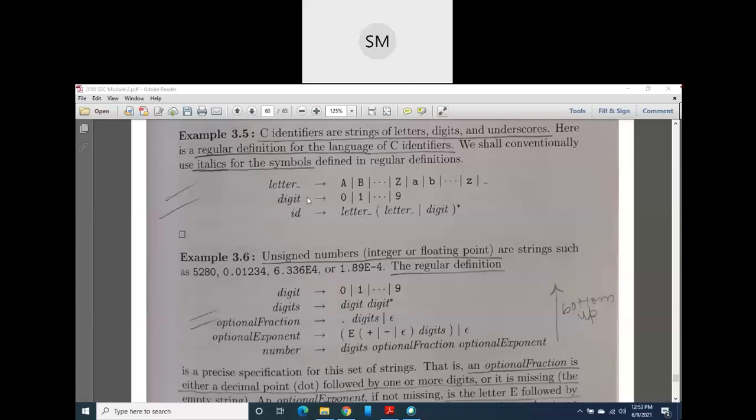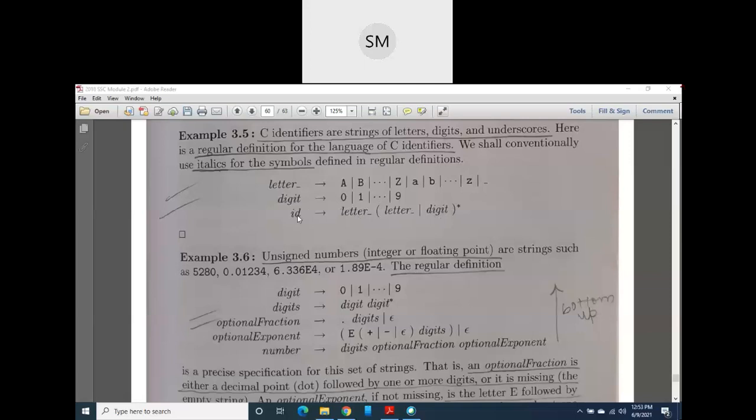Okay, the left side whatever you are looking at here are regular definitions. The right side whatever you are looking at are regular expressions. Always remember, the left side will be regular definitions, the right side will be regular expressions. Regular definitions are nothing but names given to these regular expressions. So here, letter followed by 0 or more letters or digits is a perfect regular expression for my identifier. Clear now? Okay.